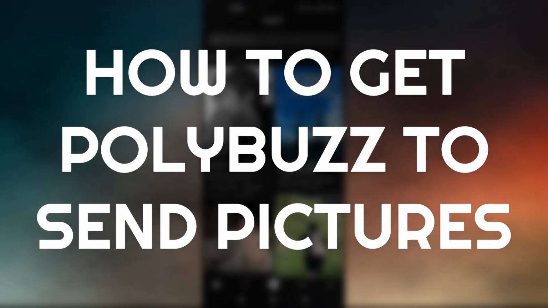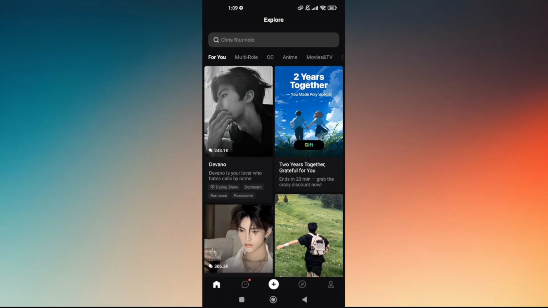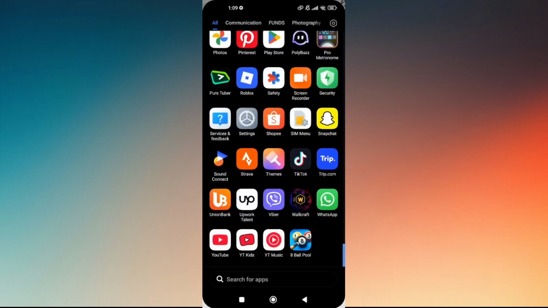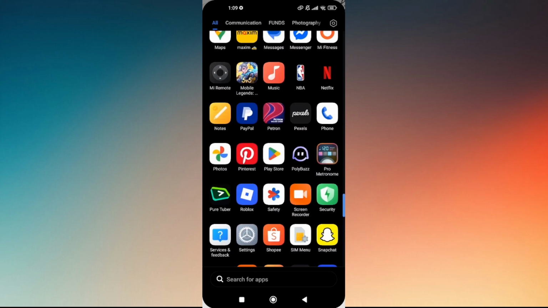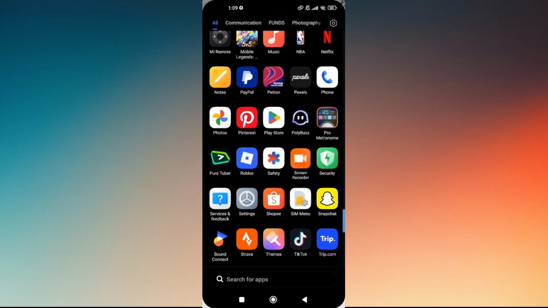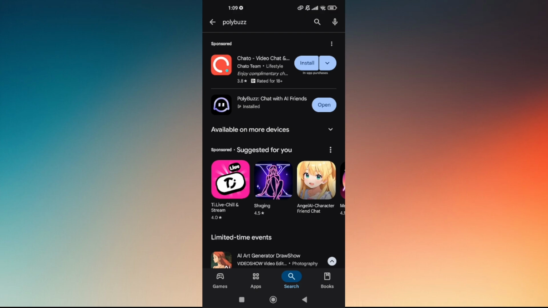How to get Polybuzz to send pictures. Now, as of 2025, Polybuzz is currently expanding, which means that feature is still not available. However, they do not have a specific post or public chat where you can find any updates from